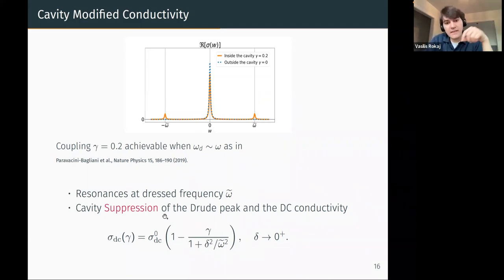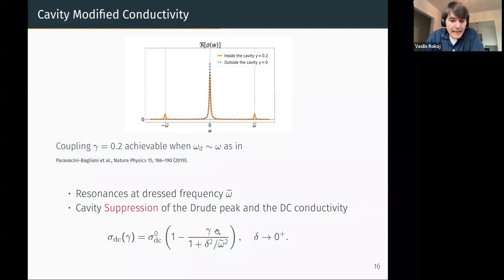As you can also see in this formula, sigma 0 DC is the standard DC conductivity of the electron gas, and now you see that it linearly decreases with the coupling gamma. This can become visible when omega d, the diamagnetic frequency, and the cavity frequency are of the same order of magnitude. And from this formula, you can see that, for example, when I take the artificial broadening to 0,